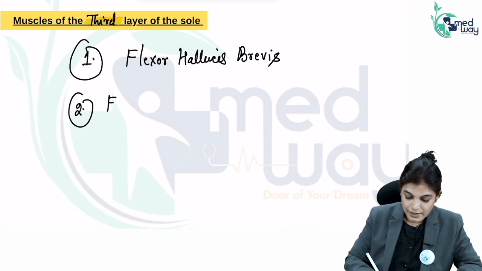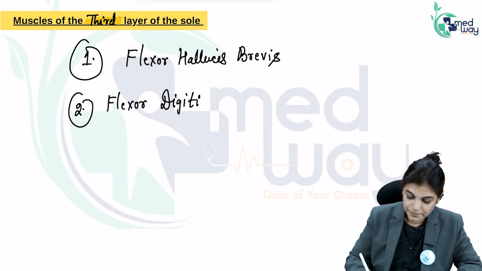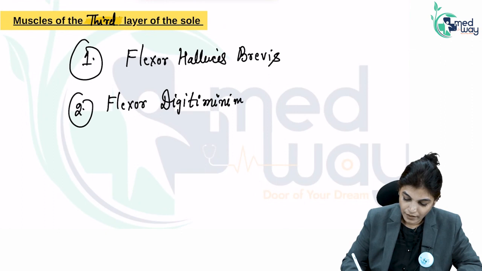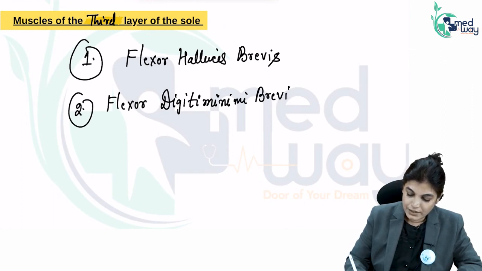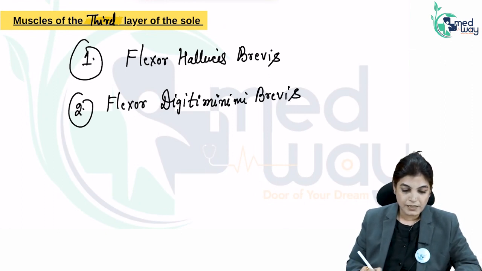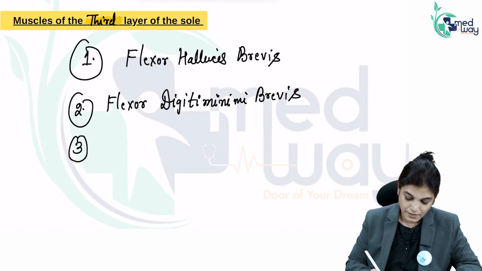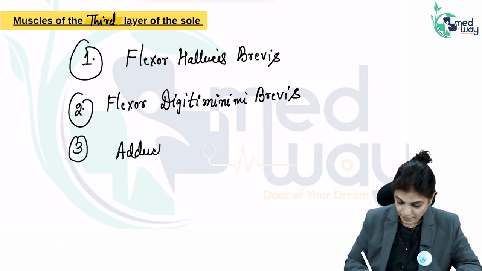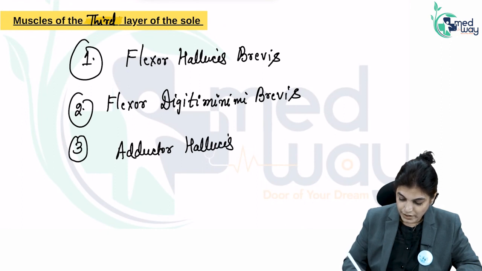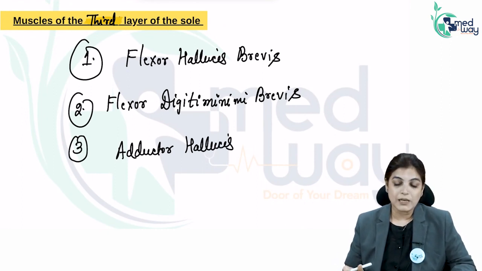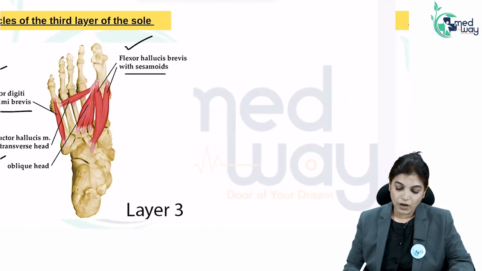We have flexor digiti minimi brevis muscle. We have adductor hallucis muscle. So actually these are the three muscles of the third layer, and we will talk individually about